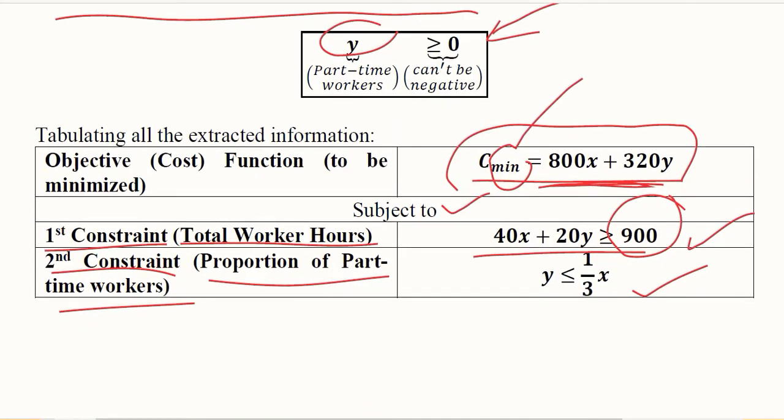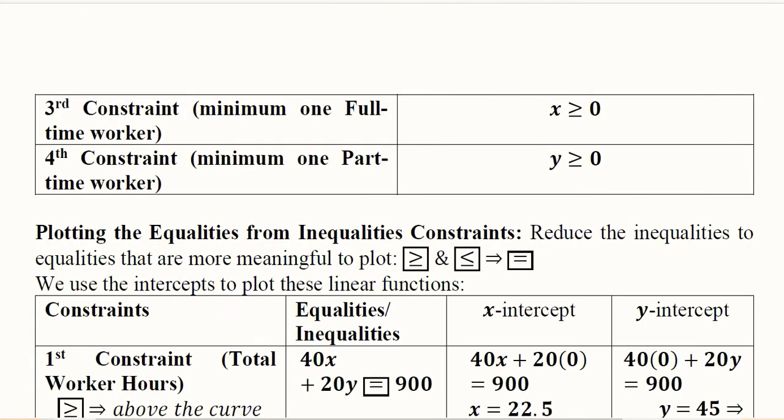Now we have tabulated the two general constraints relating to the total worker hours and the proportion of the part-time workers. Now we have the third constraint and the fourth constraint,